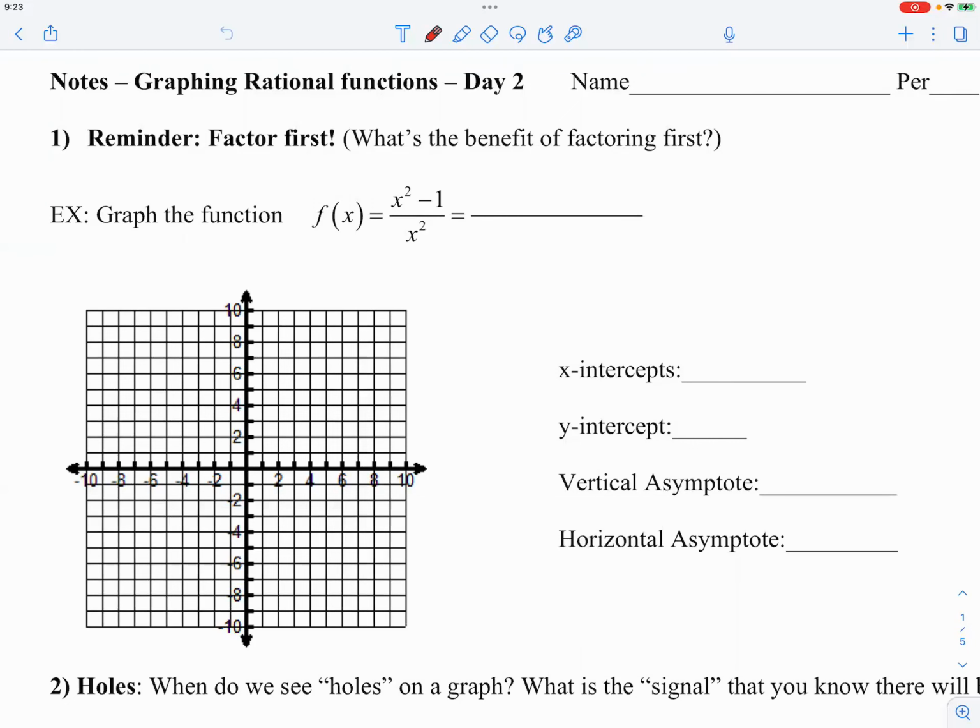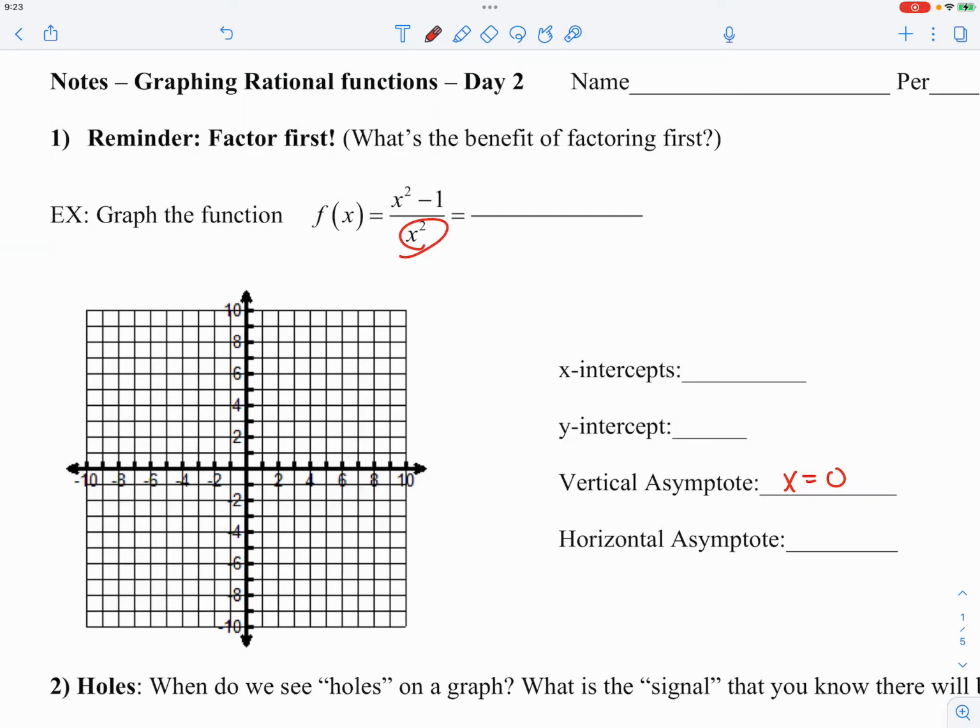So if you look at the top function, you can tell the horizontal asymptote and vertical asymptote pretty easily. Okay, so what's the vertical asymptote in this case? What's the vertical asymptote for this function? Vertical asymptote. X equals 0. Because